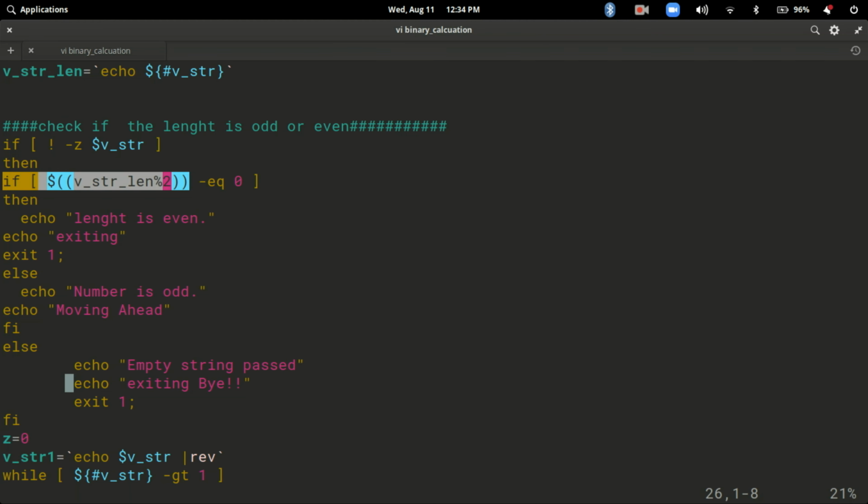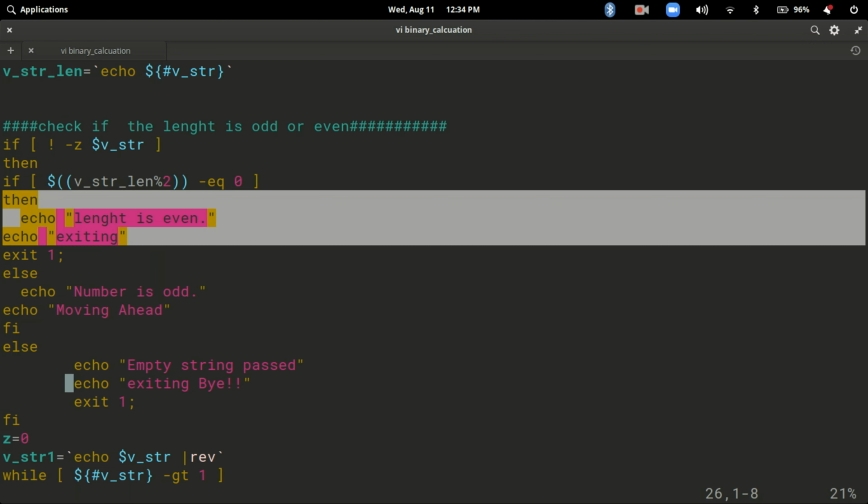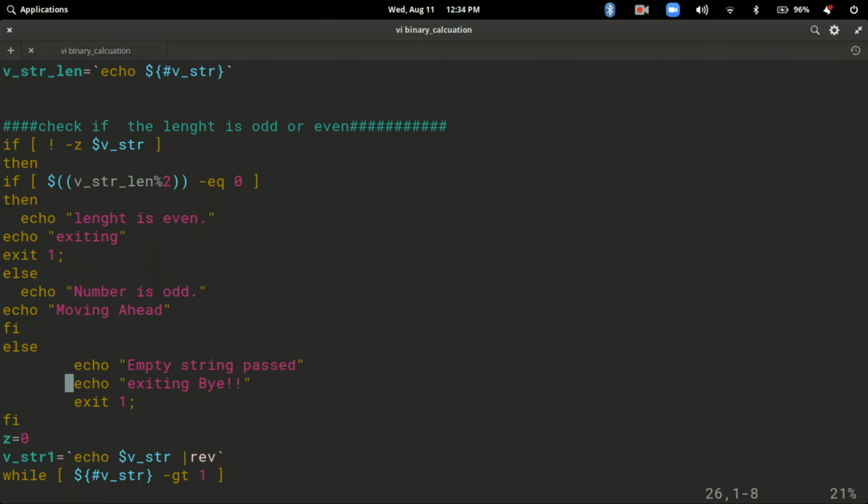So with the odd number length and even number length, the simple logic that we are putting is, whatever the length is, let's say the length is 8, divided by 4. What is the remainder? The remainder is 0, which is fine. That means it is even, and we don't want an even length string. So that will be an issue there. As soon as the remainder becomes 0, it will exit from the script, saying that the string you have passed is an incorrect string.